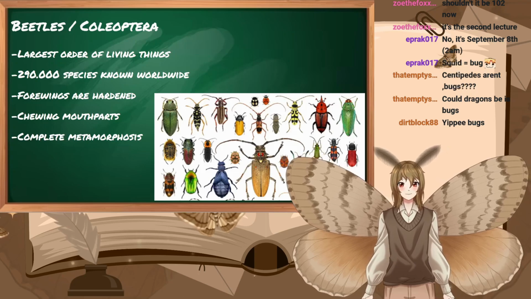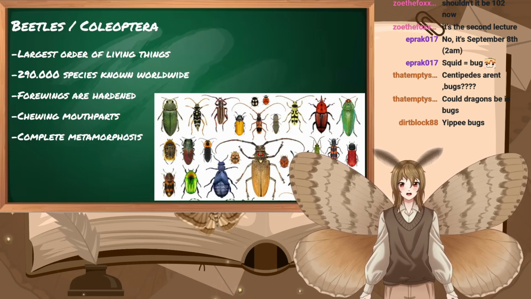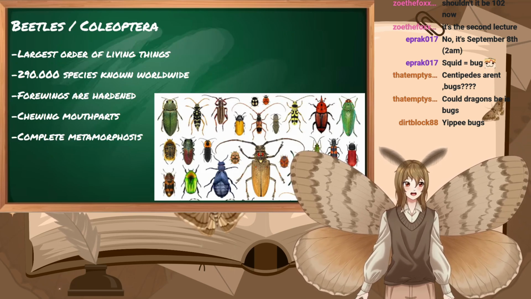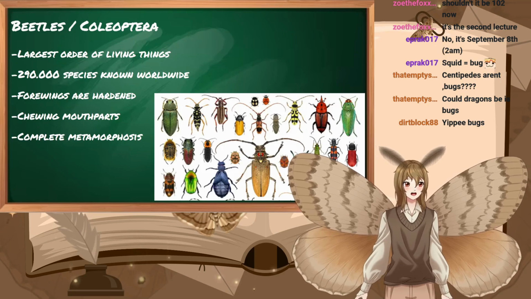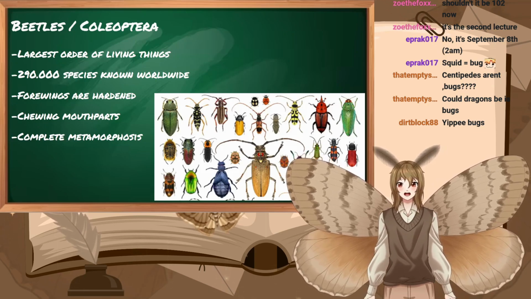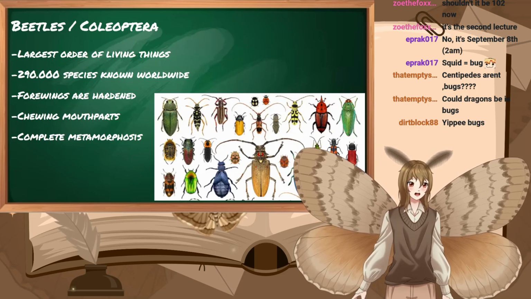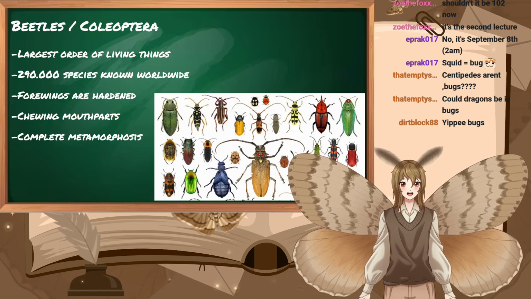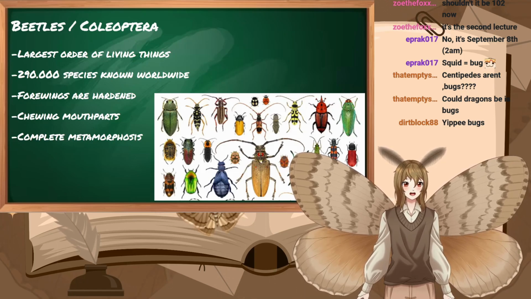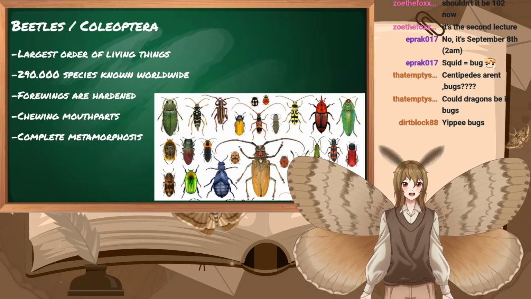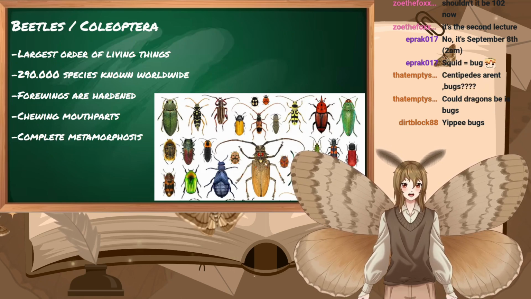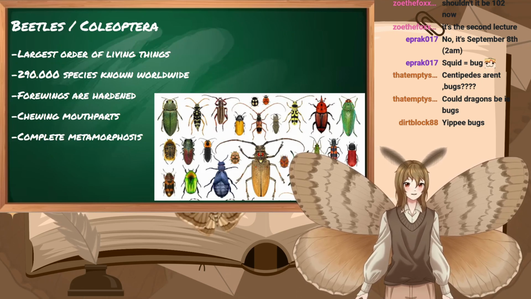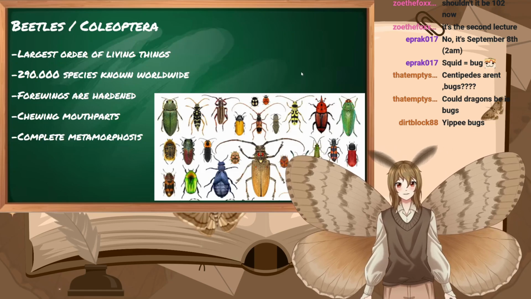Your biggest order are beetles, or Coleoptera. There are 290,000 species known worldwide, which is a lot, considering how small other orders are. They have the hardened forewings, meaning what we already heard earlier. They can sheath the other ones and protect them. We can see it very nicely here. That above the abdomen is actually all their wings. And it also forms this nice little triangle between the wings every time, which means we can learn a lot about that.